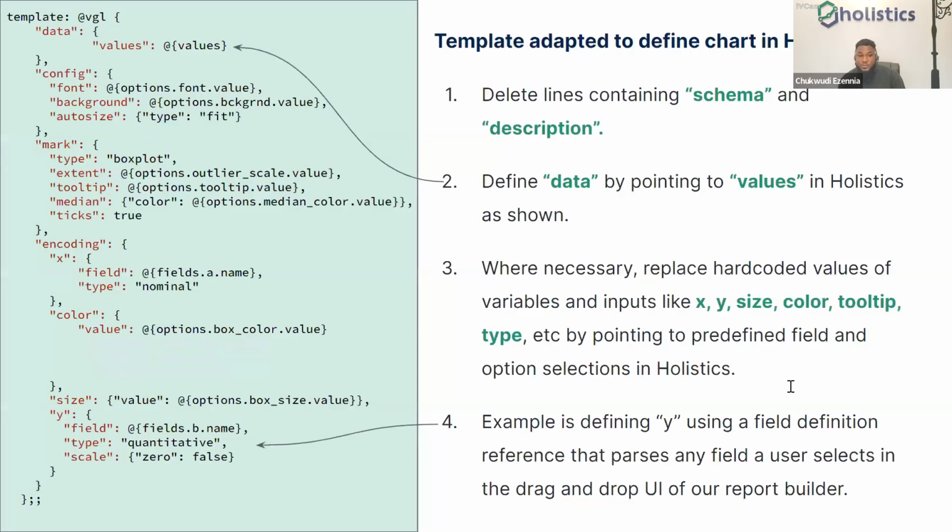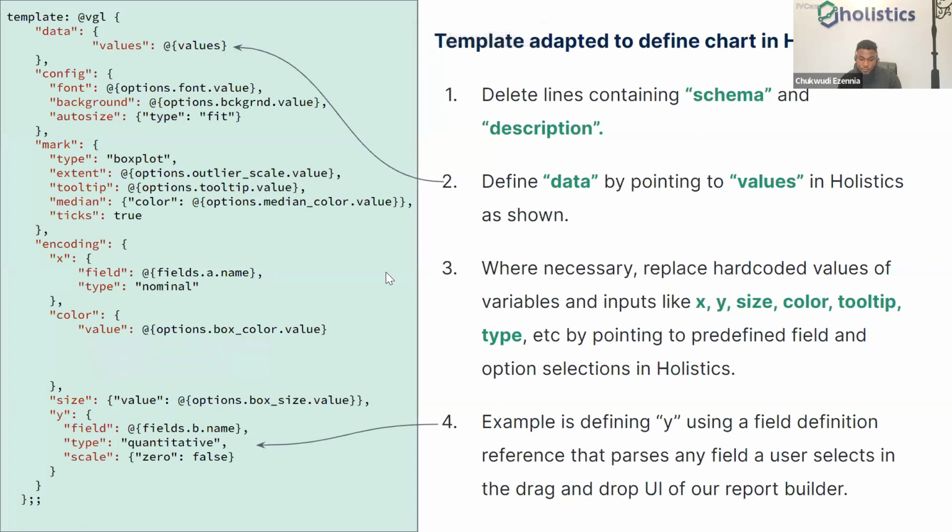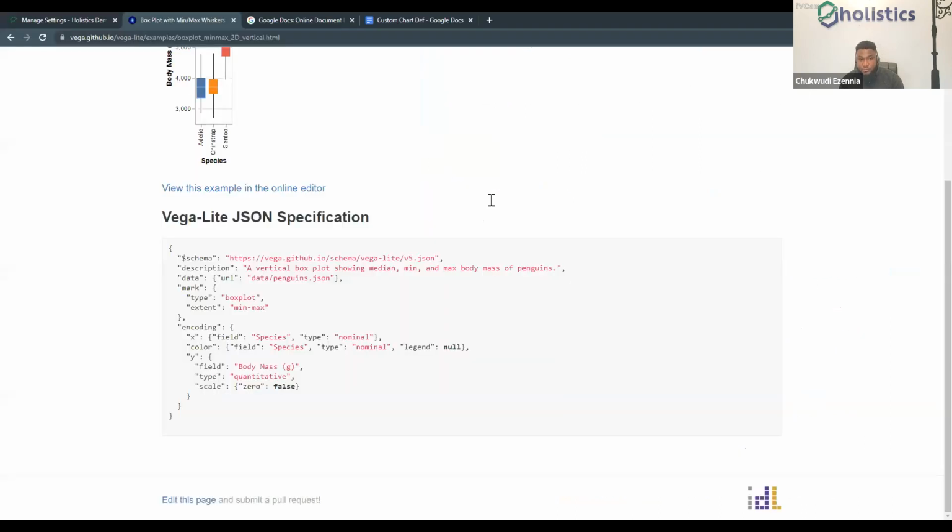So now there are some easy steps we are going to follow to get this done. I'm going to make this practical at this point so that we can actually adopt these VegaLite templates and define and pass in Holistics values into it. I want us to do this step by step. So I'm going to go over to this point and copy this particular definition. We can ignore the first and the second one.